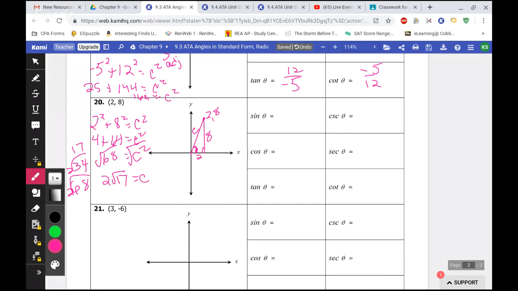So my opposite equals 8, adjacent equals 2, and my hypotenuse equals 2 times root 17. So sine is opposite over hypotenuse, which is going to be 8 over 2 root 17, which means I have to,